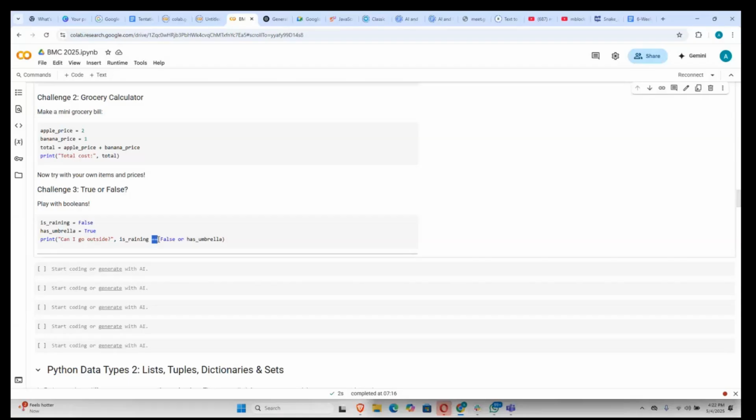Here, I'm assigning false to is raining. Here, I'm assigning true to as umbrella. So this single equals to is just a sign of assignment. I'm assigning the value to the